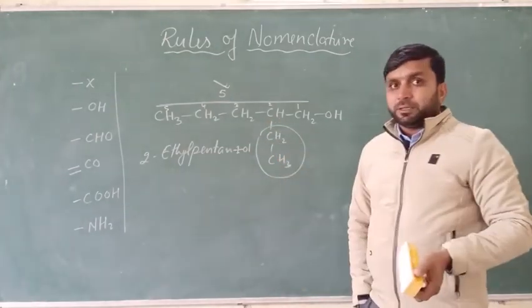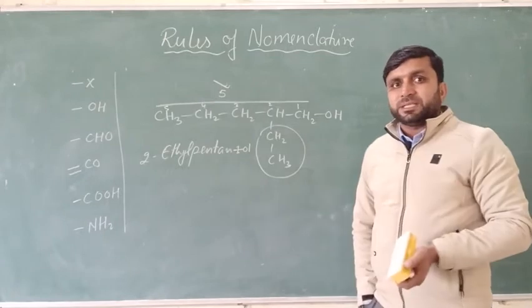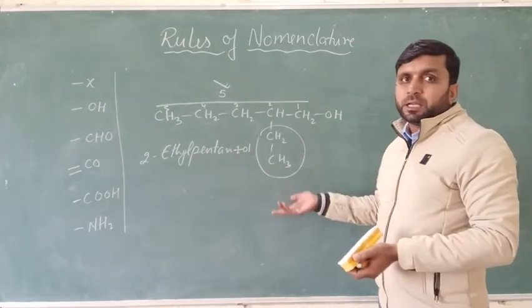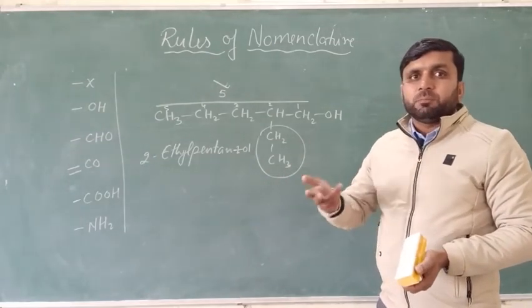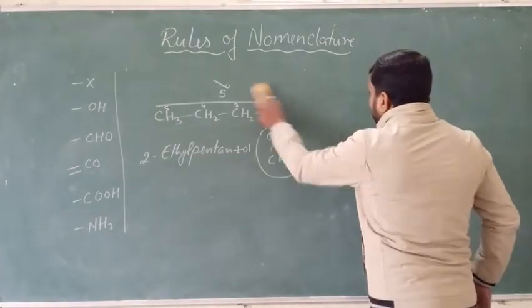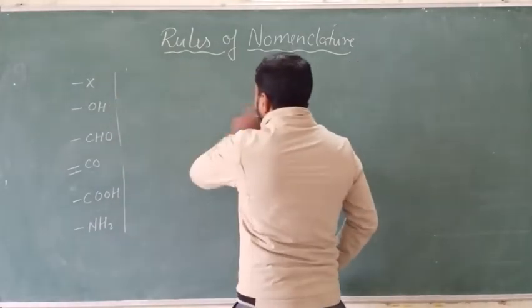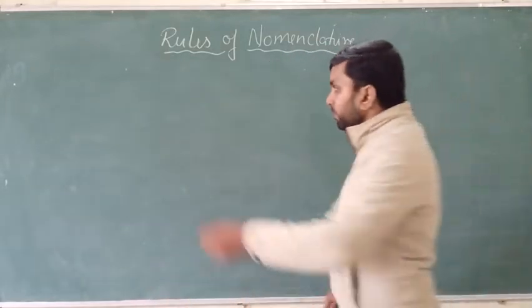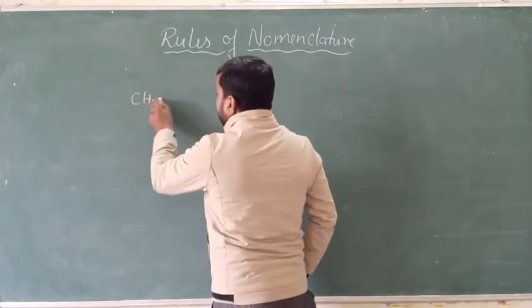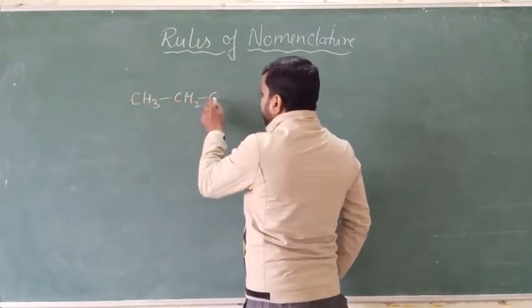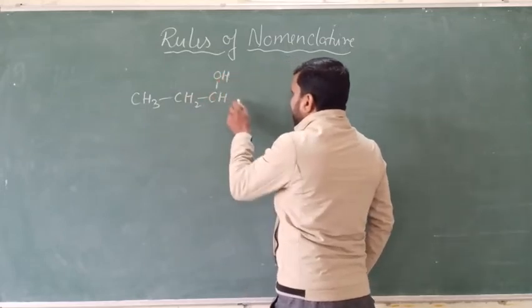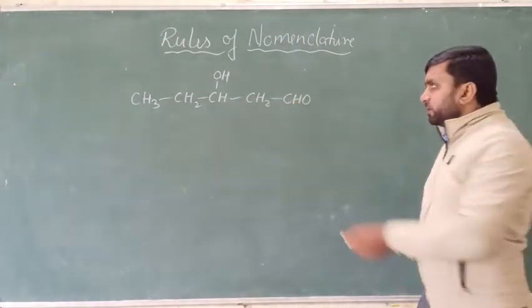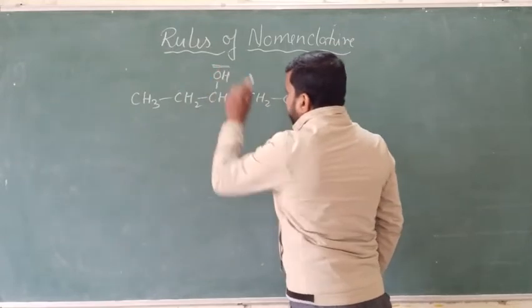Just earlier we saw what happens if the compound contains branches, and here we have seen a functional group. There we saw that if they contain more than one branch, so here also we need to see if they contain more than one functional group. So, nomenclature of the organic compound which contains more than one functional group. Say for example, CH3, CH2, CH, OH, CH2, CHO. Suppose this is given. Now there are two functional groups, one aldehydic group and one hydroxyl group.